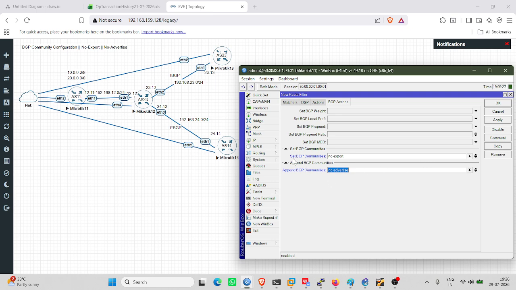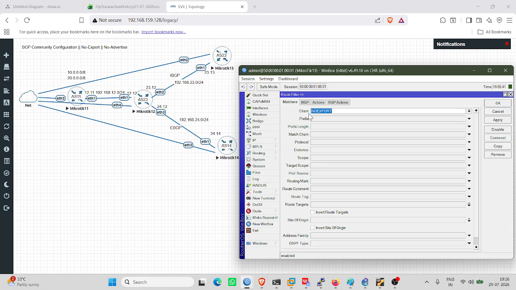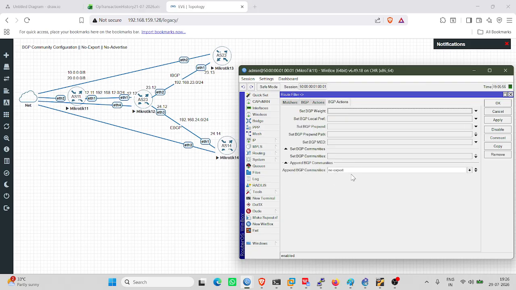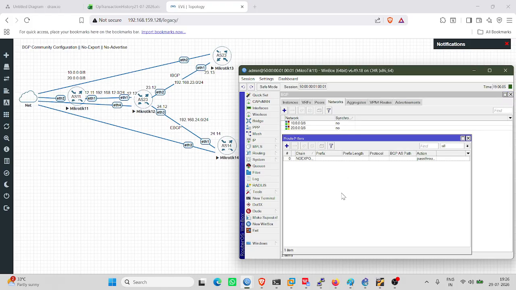So that's why I'm not going to do anything here. I'm directly going to append BGP communities, and here we are going to mention the no export and apply. That's it. What we have done here is created the chain, that is no export, and the prefix we haven't defined anything. That means any prefix configured on MikroTik 11, and the BGP action we have given is append BGP community, which we selected from the defined list that is already available here. So we just mention the no export, then apply, and okay, done. We have done that. Let's go on MikroTik 11,